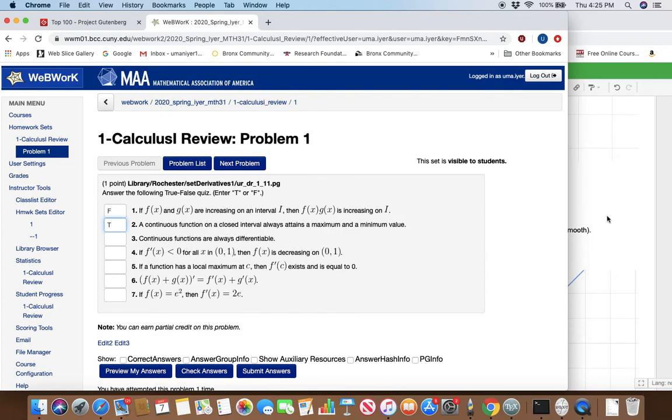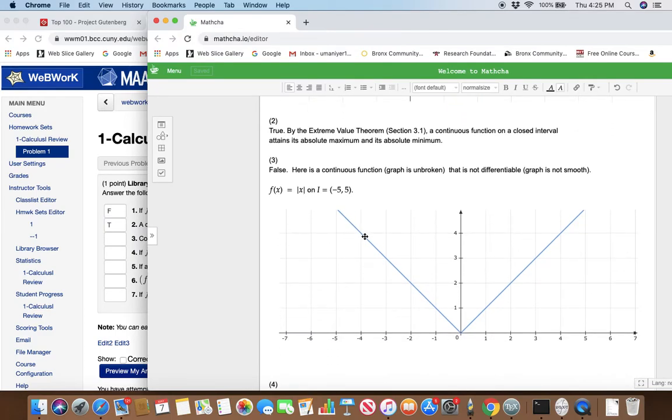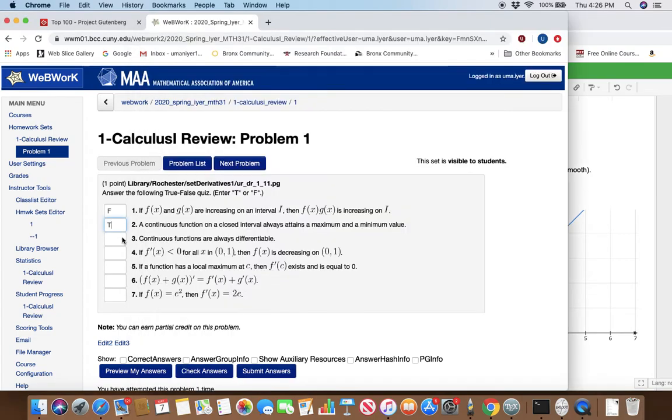Continuous functions are always differentiable. That is false. Why? Here is absolute value of x. It is continuous. Continuous means my graph is unbroken, but it is not differentiable. That is, my graph is not smooth. Look, there is a pointed point here, a sharp point. Whenever your graph has sharp points, that is, your graph is not smooth, your function is not differentiable. So this part is false. I'll continue with the rest in our next video. Until then,